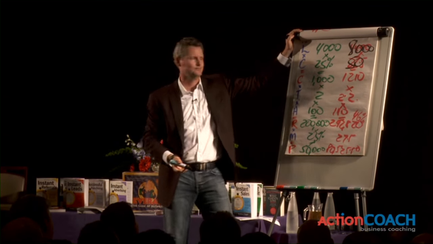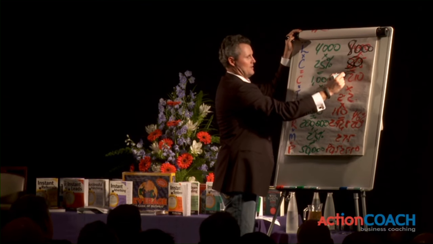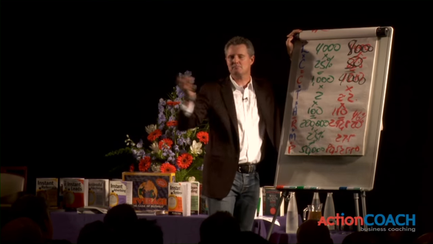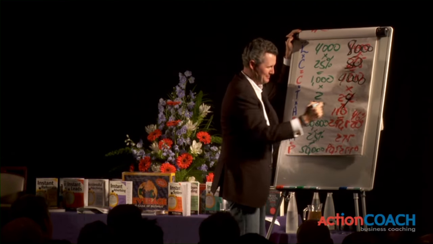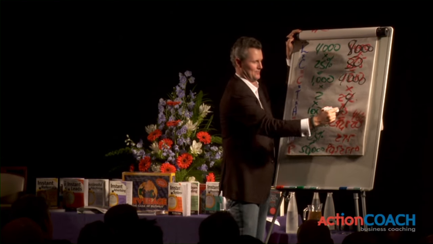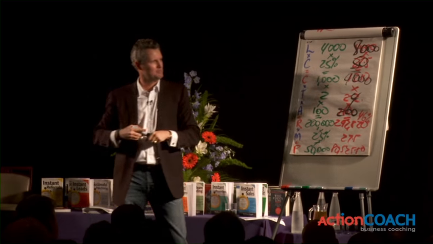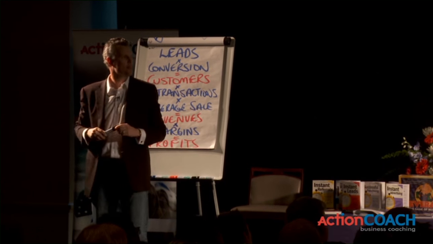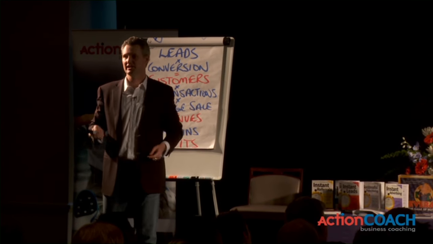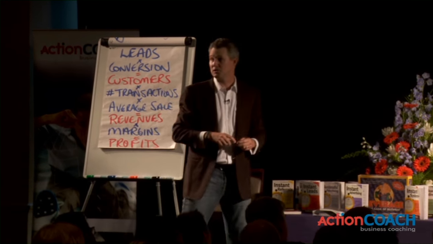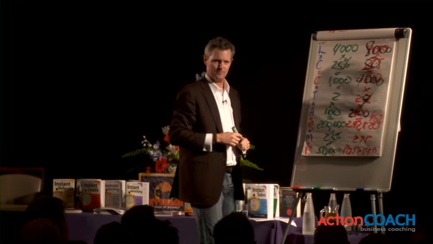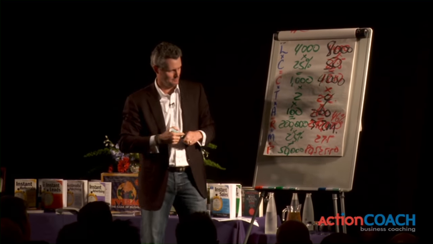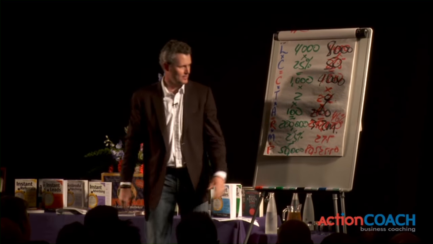Gotcha. 8,000 by 50% is 4,000. 2 becomes? Yeah, it's not a trick one this time. 100 becomes? If you've seen this done before or read my books, don't call it out. If you haven't, try and work out what's the new revenues of that business. What do you think it is? 3.2 million. At that rate, we can leave the margins the same. They'll go up, but